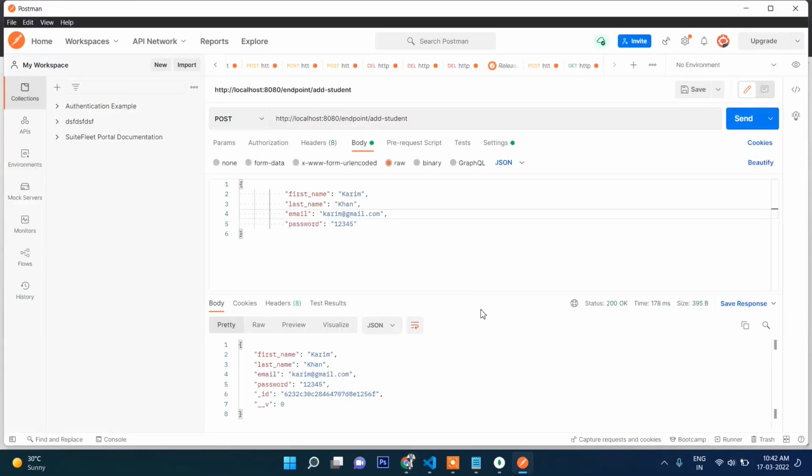Remember, this data we will be sending through a form like React.js or Angular or Vue.js, or from any other front-end application, but for testing purposes we are using Postman. As you can see, our next task will be to delete the record. So for that, once again we will write here